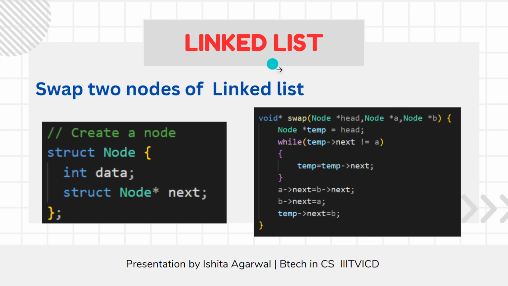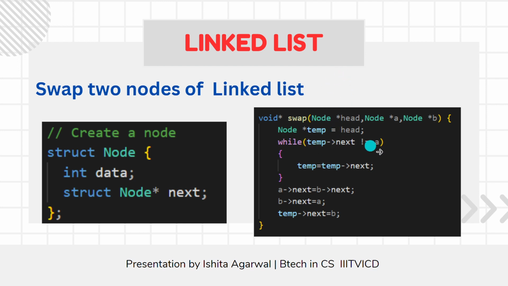Now coming to our next question, that is swap two nodes of a linked list. Here we are given a head that is specifying the linked list, and we are given two nodes that we have to swap. So what we are going to do, we are creating a temp node to traverse the linked list, which is initially at head. While the temp is not equal to A, we will